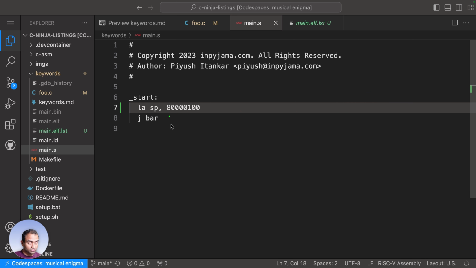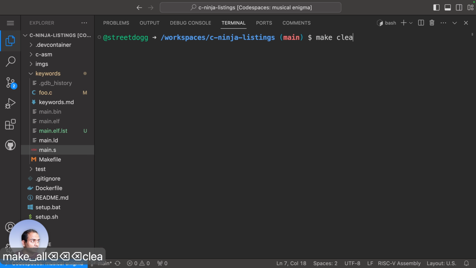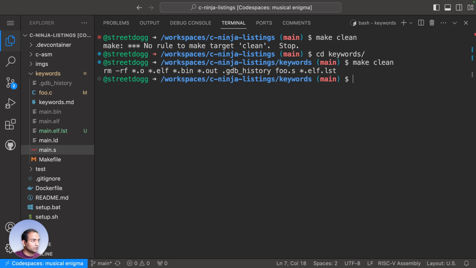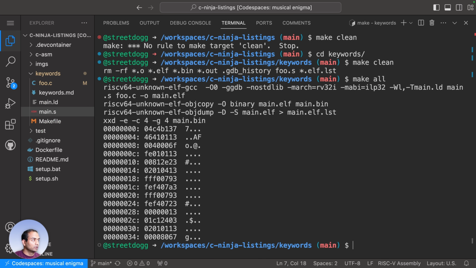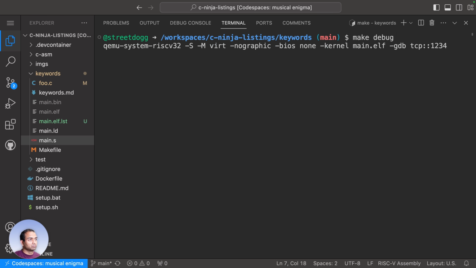Let's see if this works. Hopefully it does. This is completely impromptu. I'll open up the terminals and then do make clean. Hopefully it works if I have the instruction right. Okay, we have to go to the keywords directory and then do a make clean, then do make all. It worked. All right, hopefully when I do make debug now,